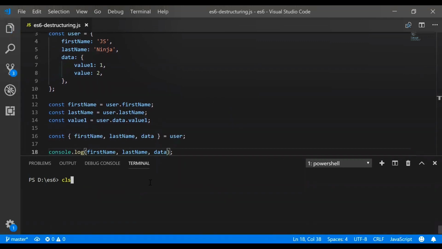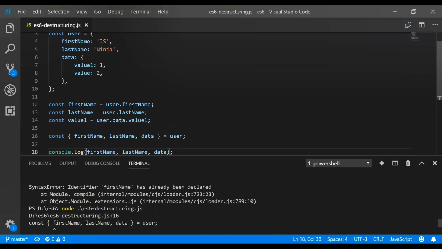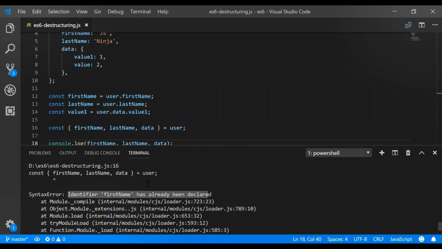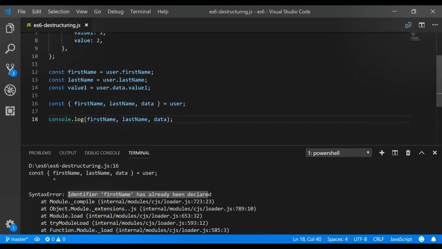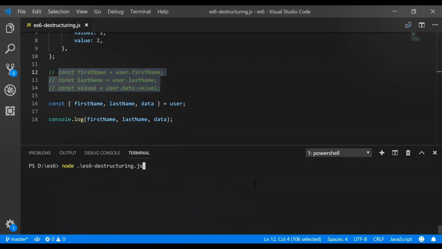The output will be a syntax error that first name has already been declared. As you can see in line number 12, we have already taken a const first name. If you remember from our first video, const can't be redeclared or reassigned, right? So now we are going to comment these lines. Yeah. And now we will see the output.